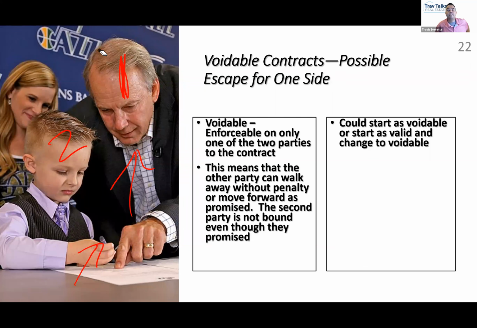And folks, if they are still under that contract at the time they reach the age of 18, this contract will no longer be voidable. Now every promise that is made by both parties will be enforced. And guess what the contract would become at that point? Valid. It would be a valid contract. So these statuses can change. Does that make sense for everybody? So the child has the right to get out, but he better get out before he turns what? 18. Because after that, he's bound.